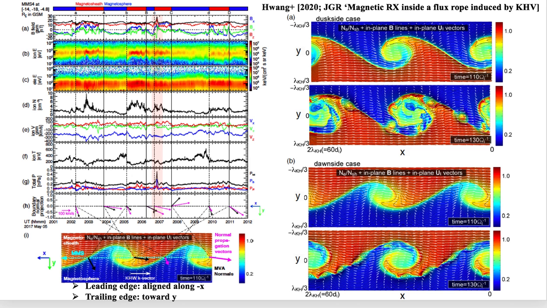So we found a corresponding flux transfer event that was observed between Kelvin-Helmholtz vortices by MMS. Here the left panel shows the quasi-periodic fluctuations of field and plasma parameters, indicating Kelvin-Helmholtz vortices. We checked the KHI condition, and it is satisfied, but testing that condition tells whether or not the velocity shear layer is unstable to KHI at the time